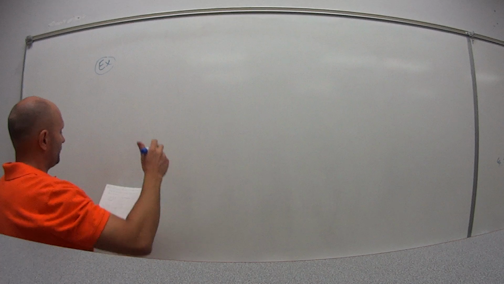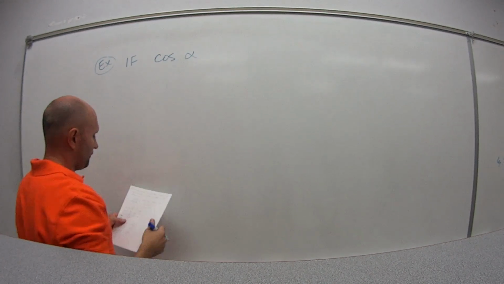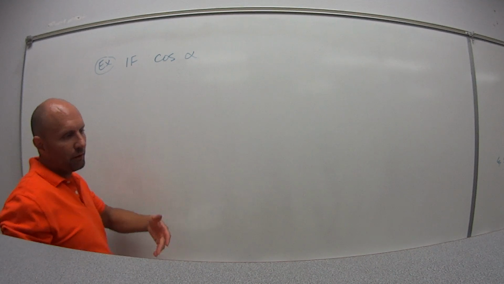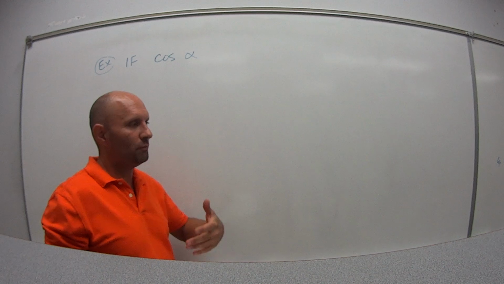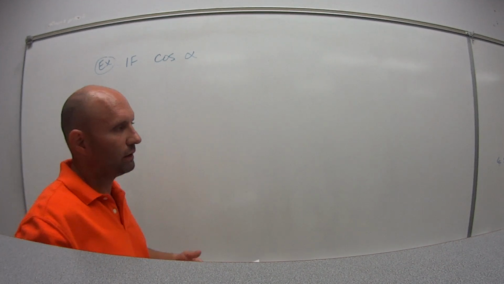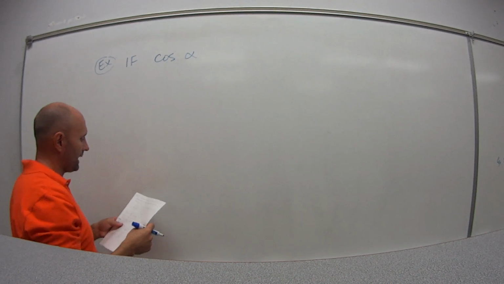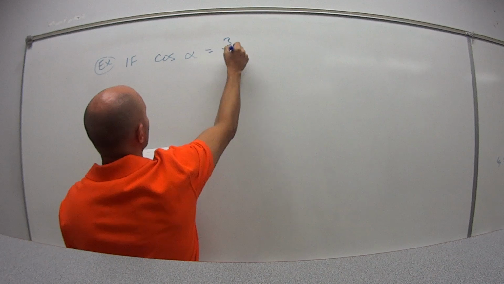So this example says that if cosine of alpha, so instead of theta, they're now using alpha. Don't let that throw you off. It could be beta, it could be mu, it could be any of the Greek symbols really will be the unknown value of our angle. So if cosine of alpha is equal to 3/4,